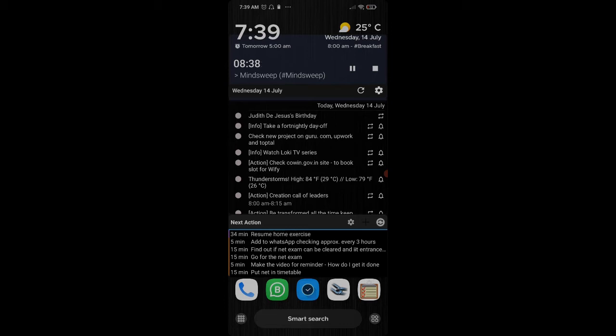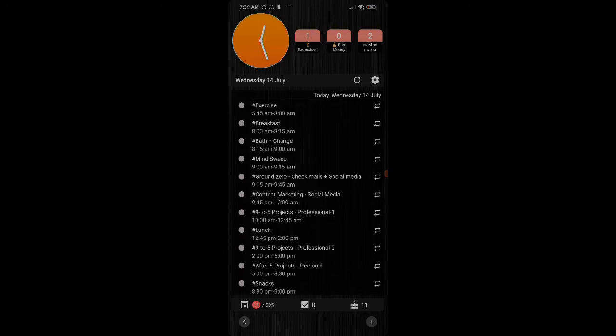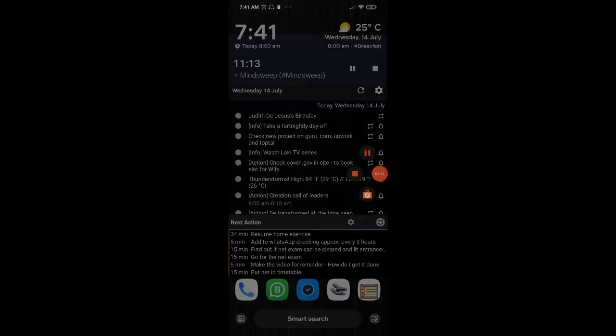At the bottom, it also shows me how long I'm going to take to complete this activity.